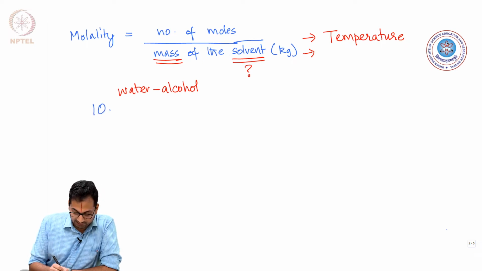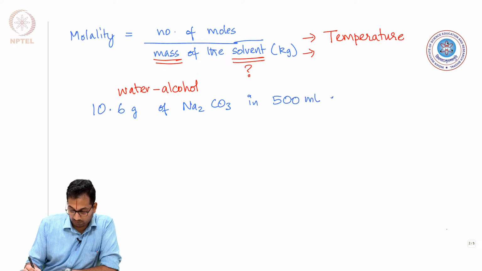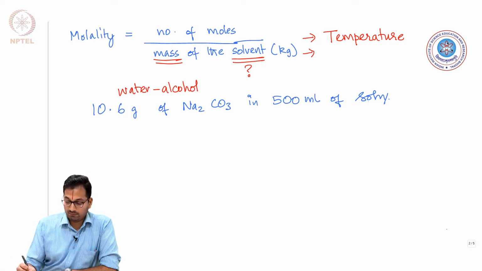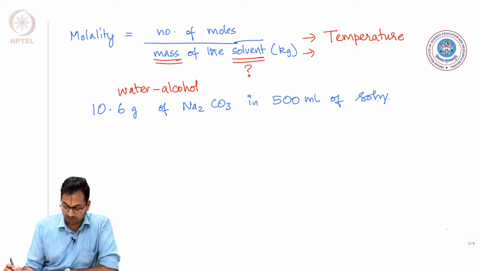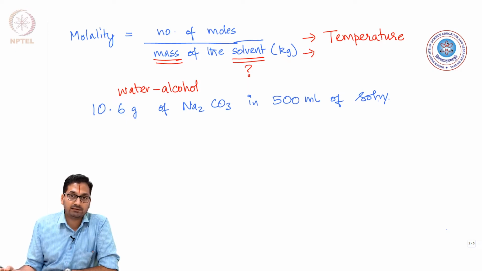So, yesterday we took an example of 10.6 grams of sodium carbonate in 500 ml of solution. Remember, I had mentioned it as water, which is a slight mistake. We had assumed there that dissolving 10 grams or 10.6 grams of sodium carbonate doesn't change the volume, which need not be right. And these are the other things that come as an advantage of molality. It doesn't matter how the volumes change, you are adding a certain mass, which ensures that your determination of concentration